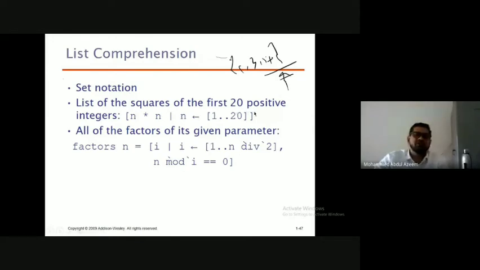you can write the code like this: n into n, where n is going to get the values from 1 to 20. So taking n values from 1 to 20, you find the square of each, and all of them will be produced as a list here, right? So you can write